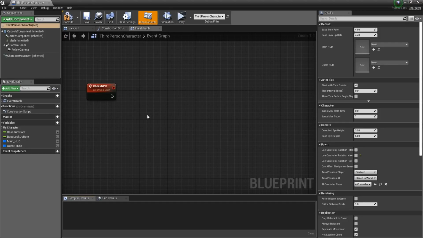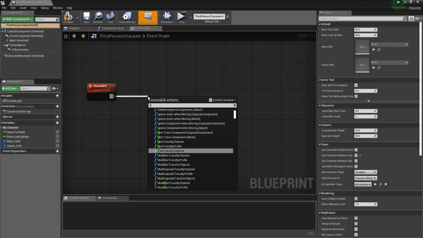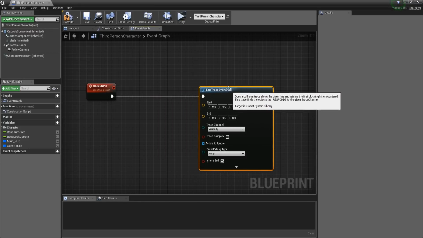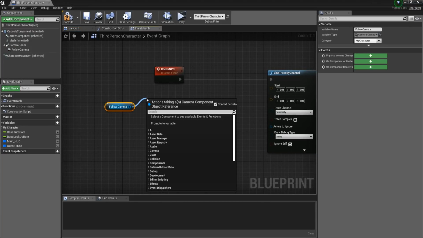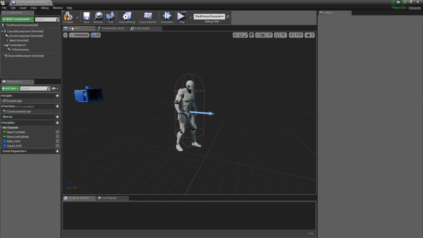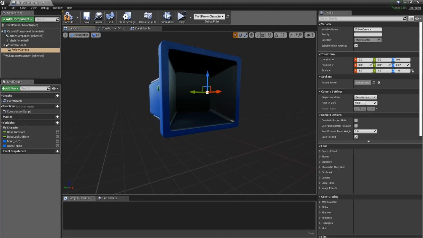Okay, now it's time to set up this custom event. What we're going to have is a line trace by channel. So line trace by channel is basically a line that is going to fire from one point and is going to end somewhere else. So let's set up this. We are going to get our follow camera and we are going to get world location, because we want our